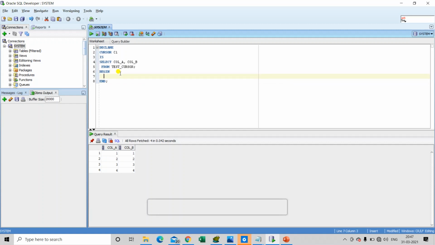As I have already told you, to open a cursor we use the open command. So here this will be open C1 and close C1, as C1 is the cursor name.